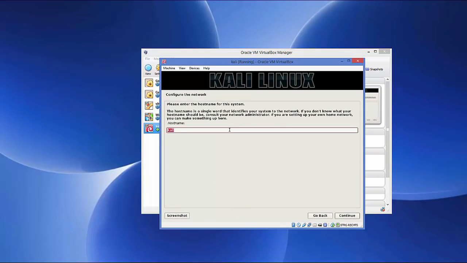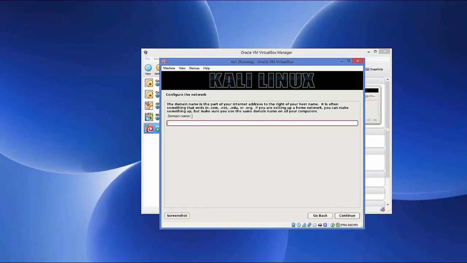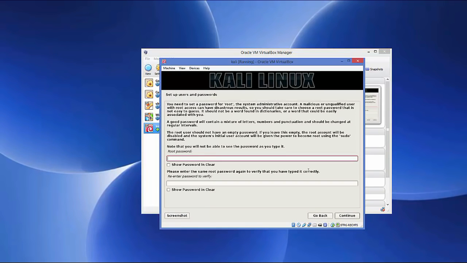Okay, just wait for it, and now it's asking to configure the network, and the default host name it has given is Kali itself, so you can change the default host name from here. It should be a one word name. I will leave it as default, which is Kali, and click continue, and in here it's going to ask you for the domain name. I'm going to leave it blank, and click continue,